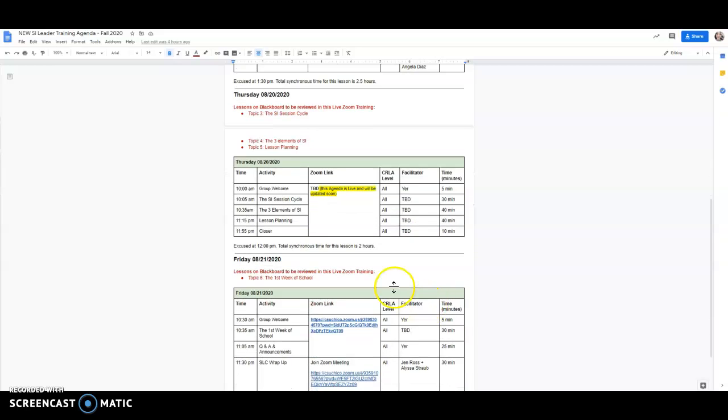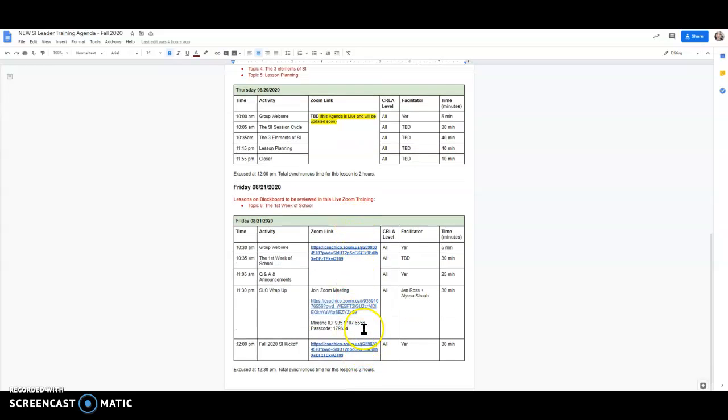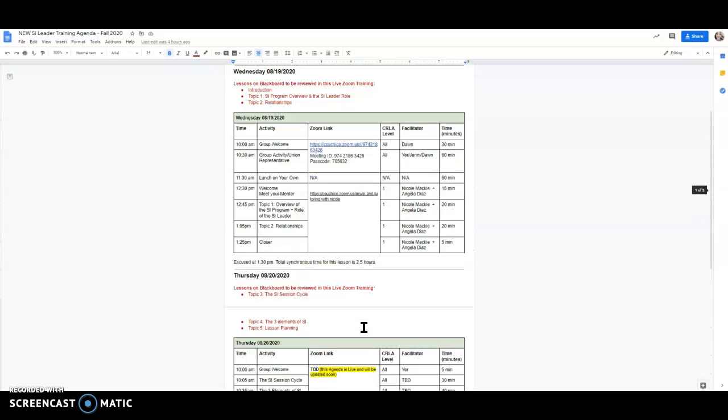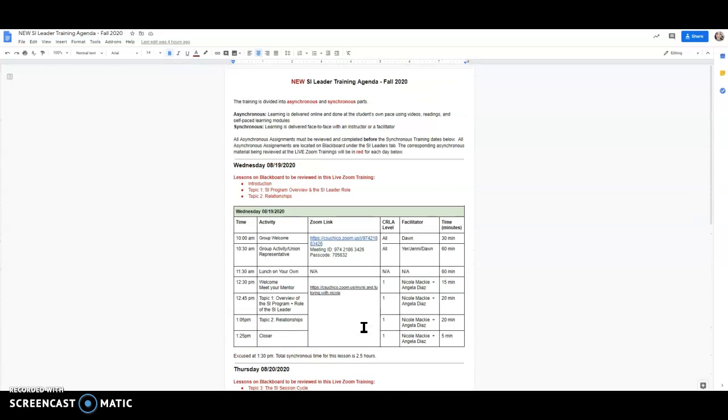going to last. So this is the only link that is not updated at the moment, but just to let you know, all of these agendas are live, and so once I update them, you should be able to access them as well. The rest of the links are already in here. So again, this is a one-stop shop for you to be able to access to know when your trainings are happening, what topic, what the Zoom link is, and who is going to be facilitating, and how long each topic